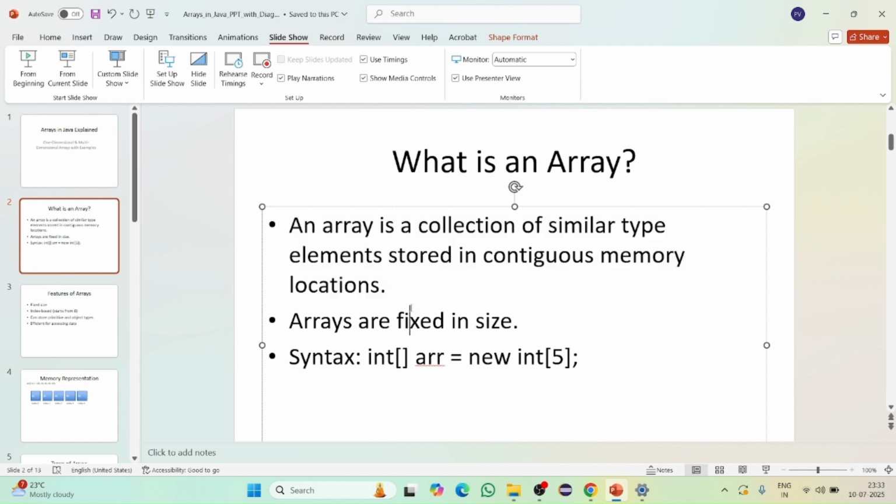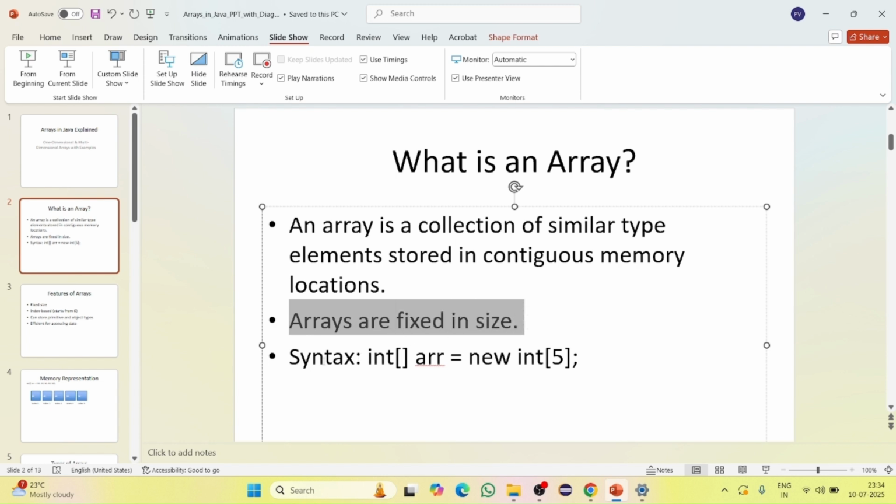You can either store them in five separate boxes, like variables, or you can put them all in one long box with compartments. That is an array. In simple words, an array is like a row of lockers, and each locker has a number called an index and stores one item. Arrays are fixed in size,